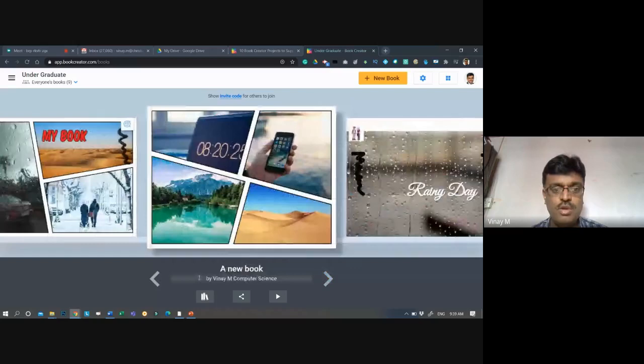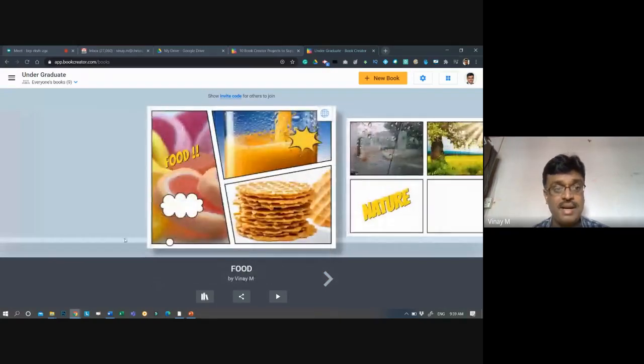This gives you a limited number of books, 40, but there are additional perks. With Book Creator and many other tools, if you are a Google certified educator or trainer, then you get this as unlimited perks from Google. Google gives us this for free, so I can create any number. For general people there will be a limit, but as certified trainers we get this because we train everybody else to use it. So we get everything free of cost. And it's shareable, and a lot of new features will be there. I can collaborate and work.